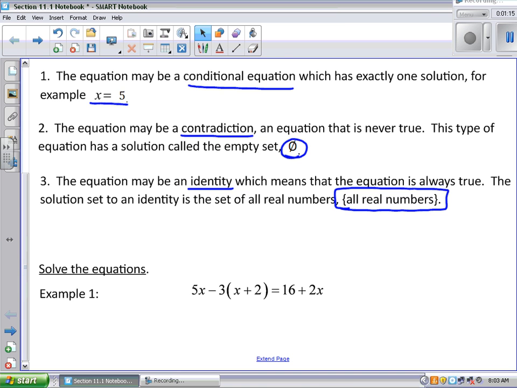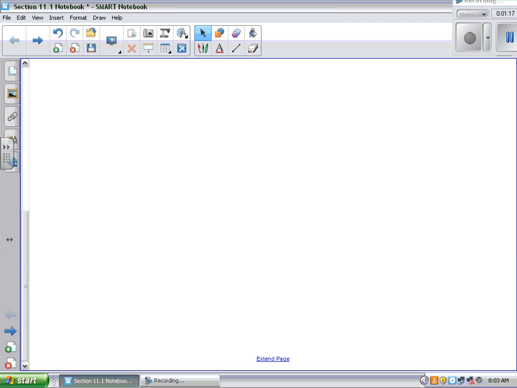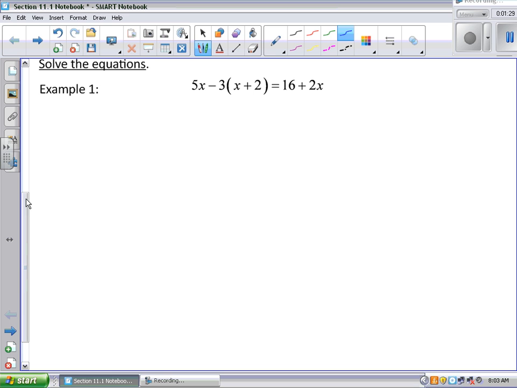Example number 1, and you can follow along in your workbooks and write the solutions down. 5x minus 3 times x plus 2 equals 16 plus 2x. The first thing that we need to do to solve is to distribute to get rid of our parentheses. So we're following the same steps that we did to solve any other kind of equation. First, simplify each side